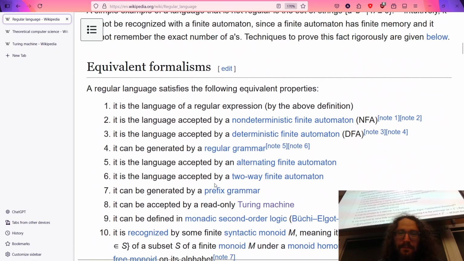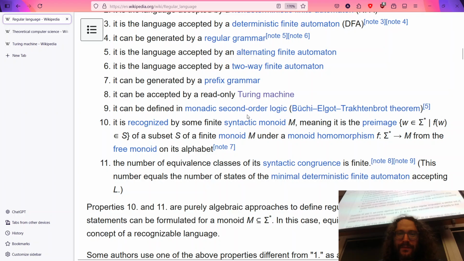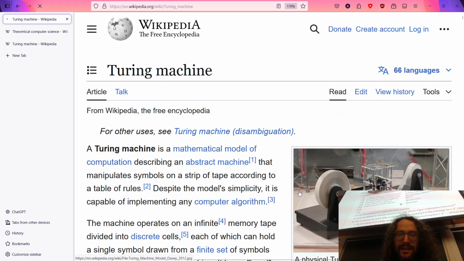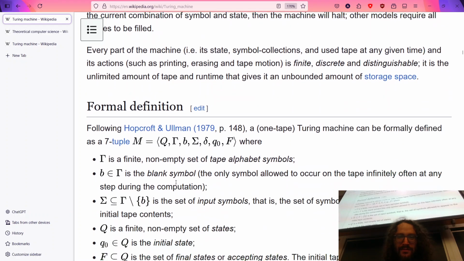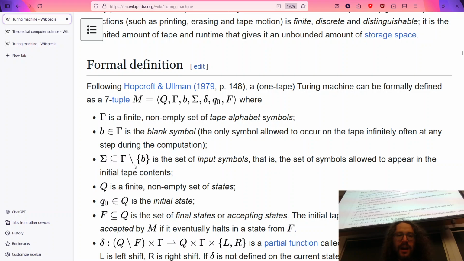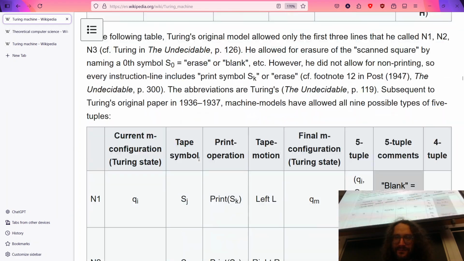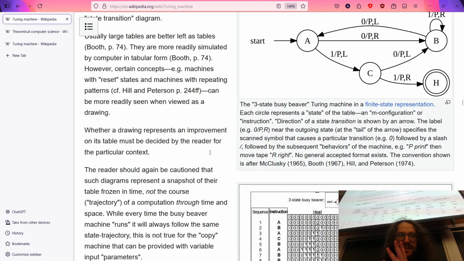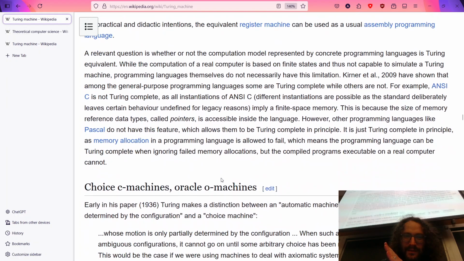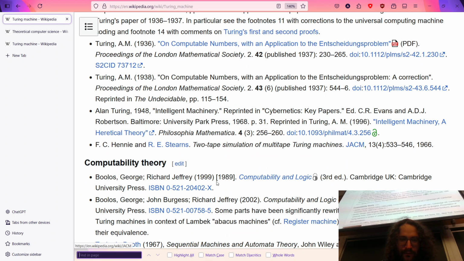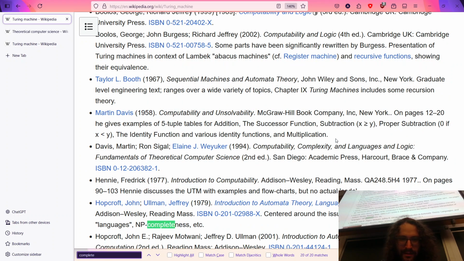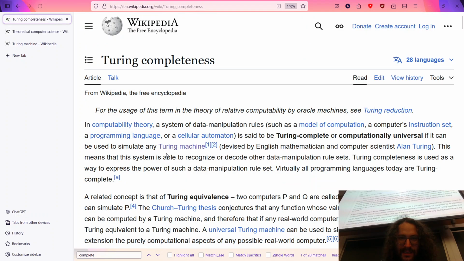More confusing. Why not both, right? So these things are great, but when we talk about these Turing machines, here's the formal definition of a Turing machine, a 7-tuple M. Let's see if I can go for complete, Turing completeness.